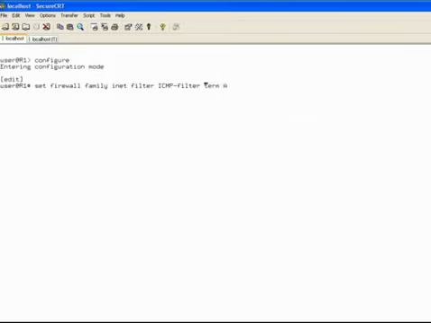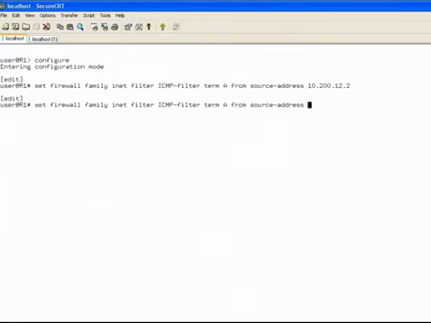The first term I'm simply going to call term A. And now let's make a from statement. So the neighboring IP address for this particular network setup is 10.200.12.2. And I'm going to add that as one of my from criteria. Now I'm going to reuse that statement and add another criteria here. And I'm going to make it from protocol